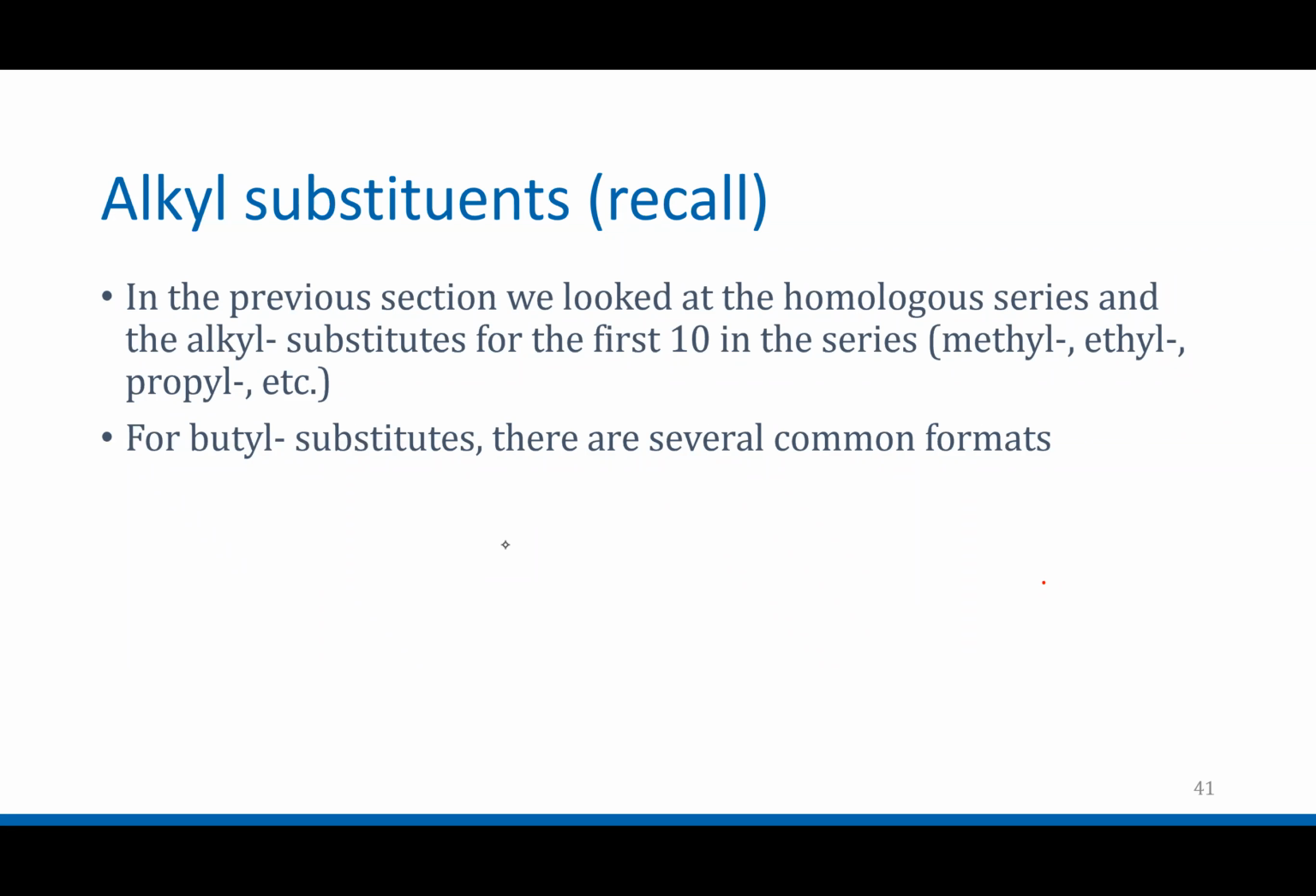So first of all, alkyl substituents. If you can recall, this is something I mentioned before. We looked at the homologous series, the first 10 carbon groups: methyl, ethyl, propyl, butyl, and beyond that we probably won't see in this course. Pentyl, hexyl and heptyl get a little bit too long for this course. You'll definitely see methyl, ethyl, you might see propyl, but there are special butyl substituents that